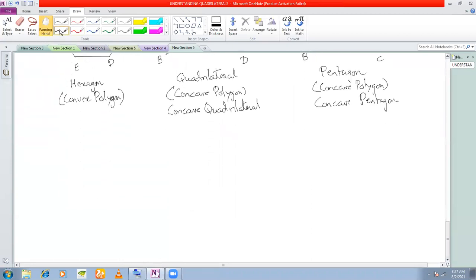Let's now come to regular polygons. Regular convex polygon. This is the polygon that we are going to deal with in this chapter. We are not going to deal with concave polygons, and we are not going to deal with irregular polygons. Okay, regular convex polygon. A polygon is said to be regular